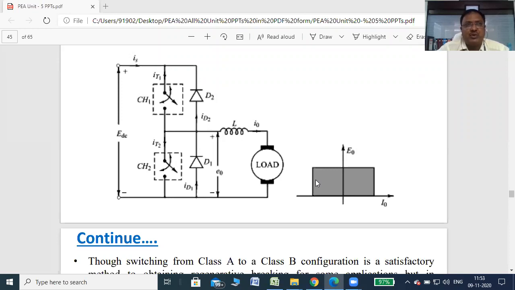As we know, there are two types of choppers, class A and class B, and those are also used. Type A is used for forward motoring and type B for reverse, or you can say forward braking. Forward braking is achieved when the current is negative, and to make the current negative, we have to shift the chopper operation from class A to class B. It is quite possible in a few applications, but in some applications that is not possible.